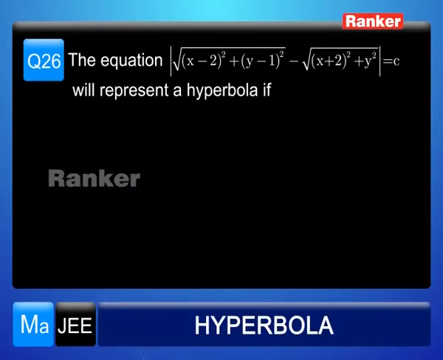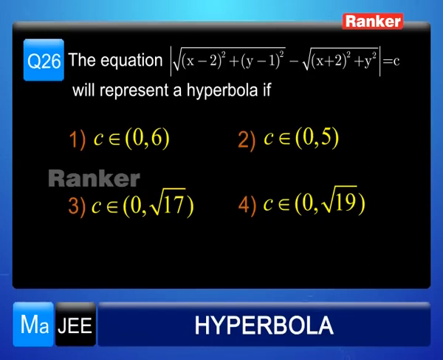The equation modulus of under root of (x minus 2) whole square plus (y minus 1) whole square, minus under root of (x plus 2) whole square plus y square, modulus closed, is equal to c, will represent a hyperbola if c belongs to: first option open interval 0 comma 6, second option 0 comma 5, third option open interval 0 comma root 17, fourth option 0 comma root 19. Now,